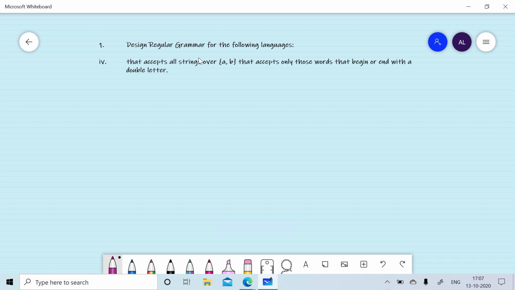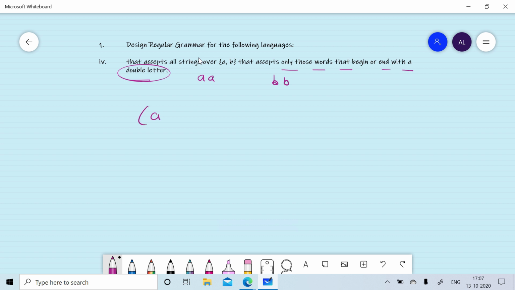Now we want to write a regular grammar over A and B that accepts only those words that begin or end with double letters. So first we will write the corresponding regular expression. Begin or end with double letters means double letter is AA or BB.